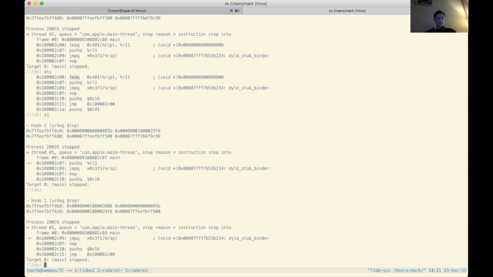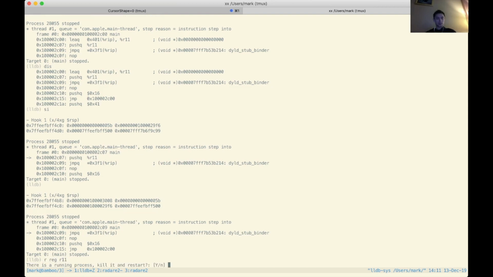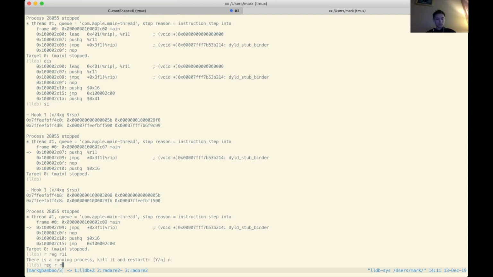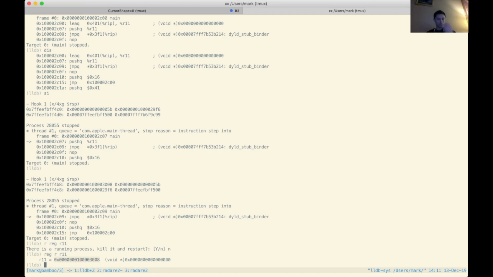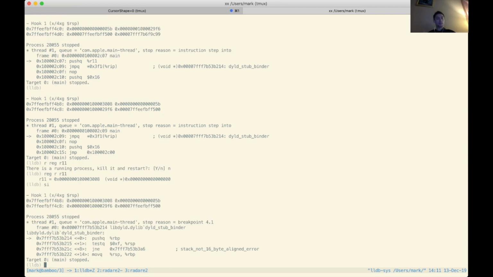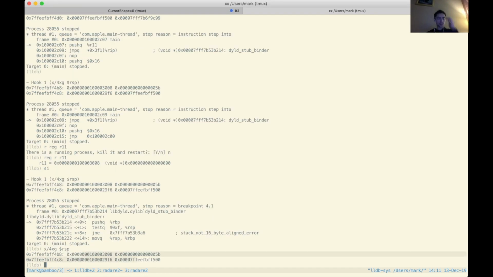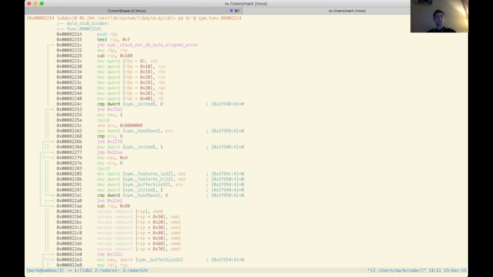We haven't done the jump yet, and so if we read R11, we can see that it's this kind of random pointer. We step one more time, and now we've arrived in dyld stub binder. If we look at our stack, with x/g on RSP, we can see that there's that R11 that got pushed on the stack. And if we go back to our disassembly,